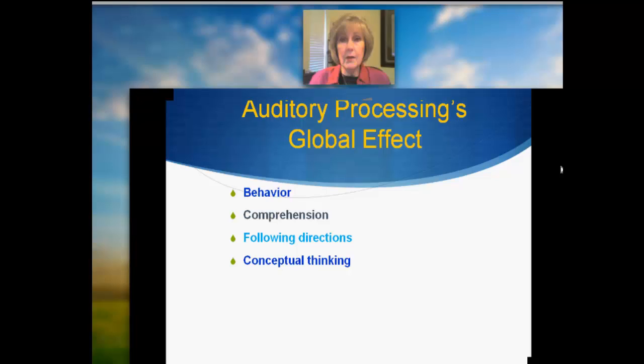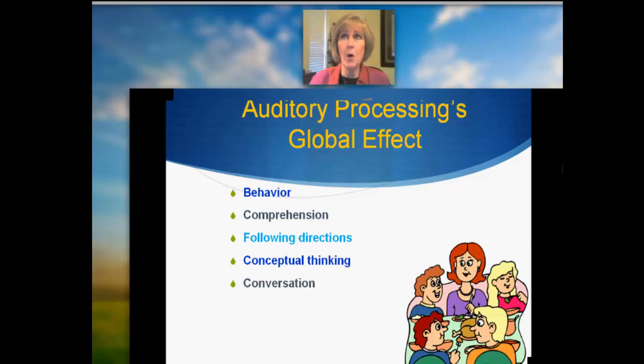Conceptual thinking. This is the big picture, getting the big picture together and understanding the pieces of the world. So this is really important to hold all those conceptual ideas together. It also affects their ability to hold a conversation. You know, this is a child that